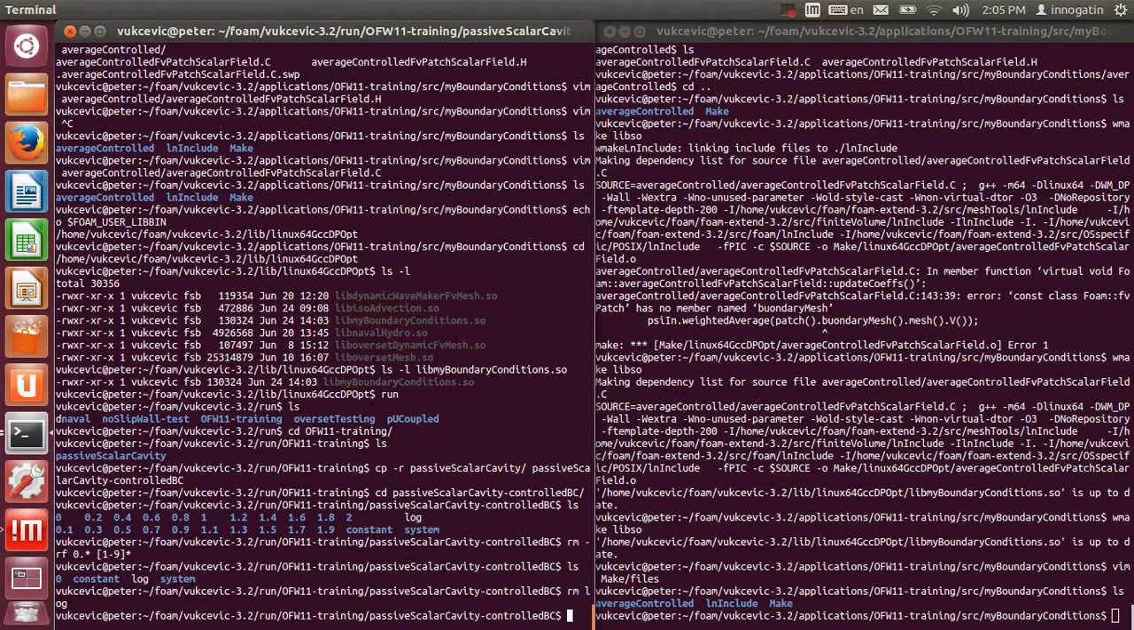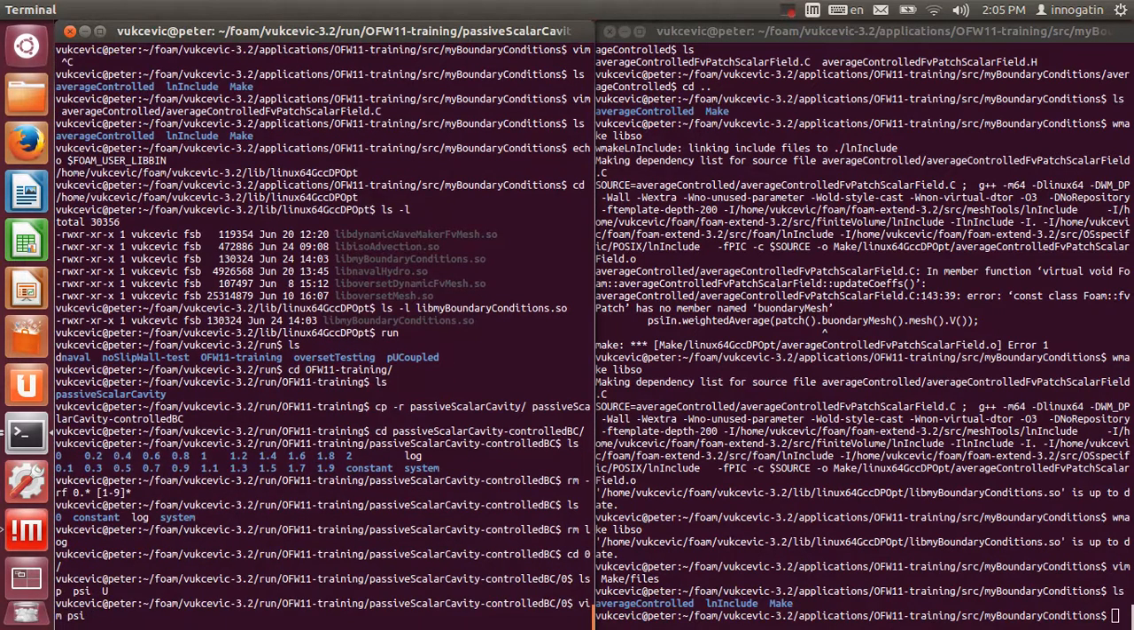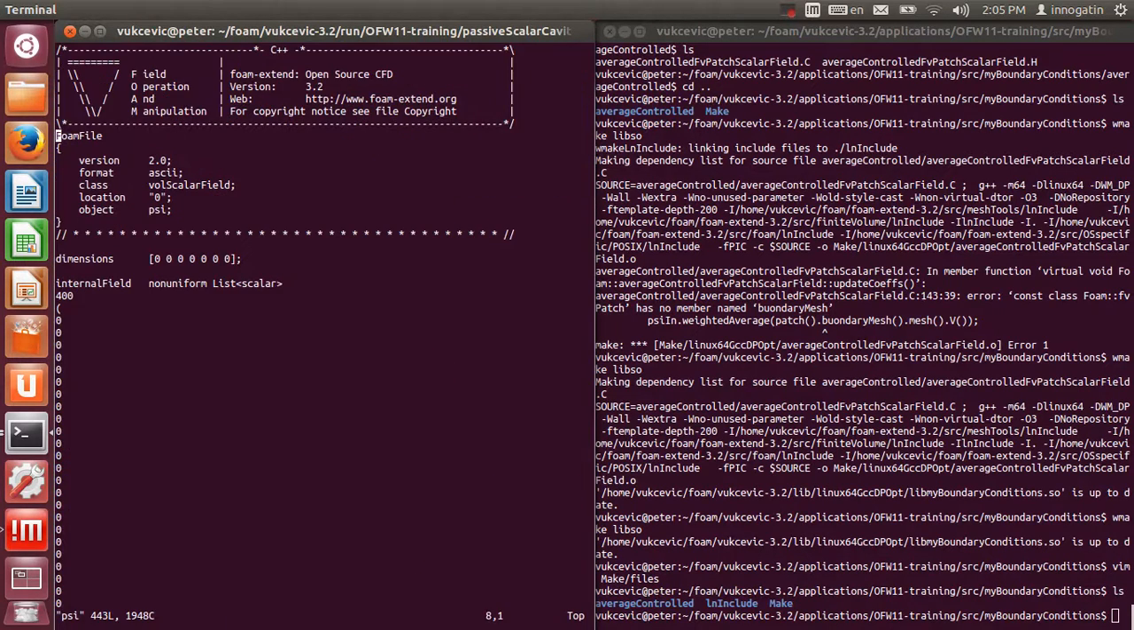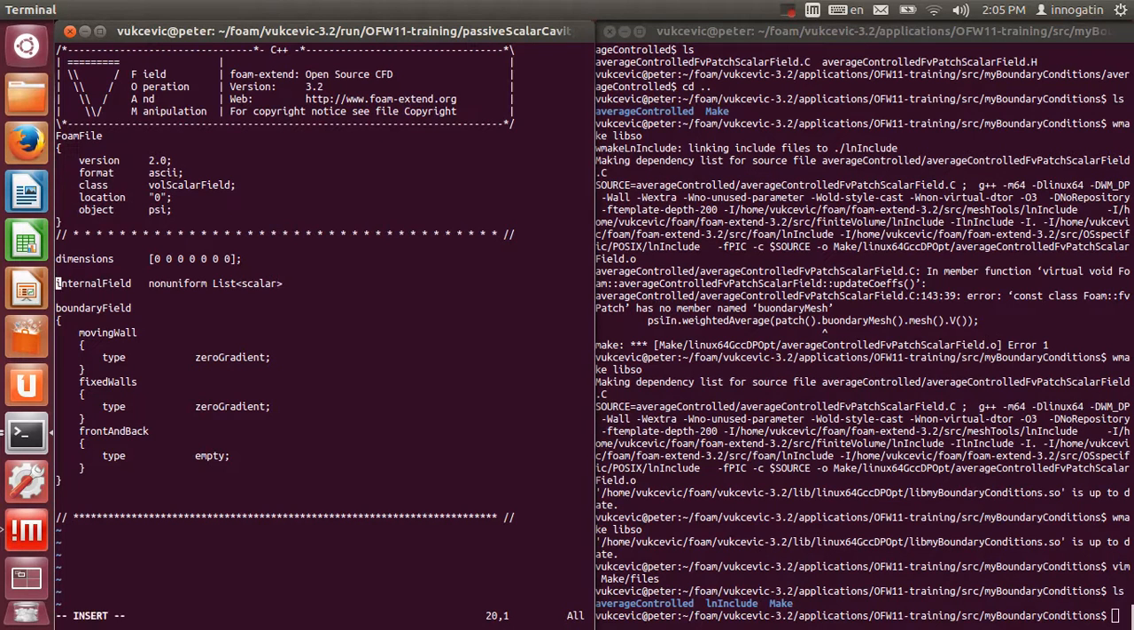And okay, yeah, I need to also remove the internal field. The internal field was overwritten by set fields. Let me just remove it and specify everything to uniform 0. Now what we would like to do is at our moving wall, again this is a cavity test